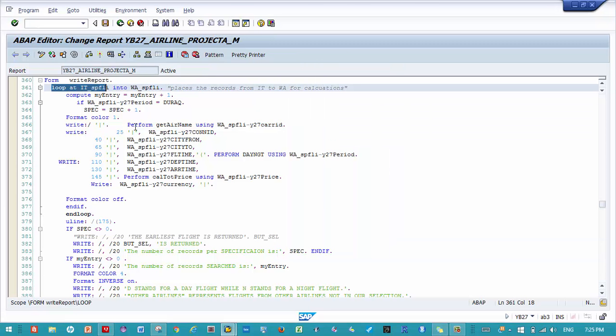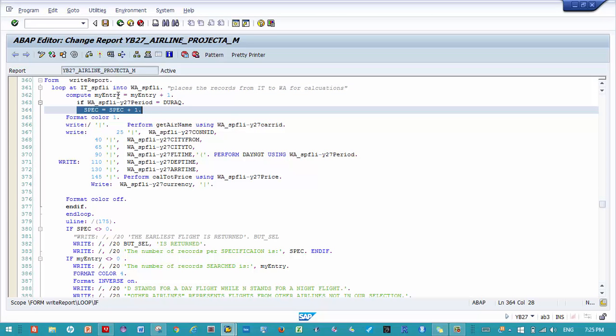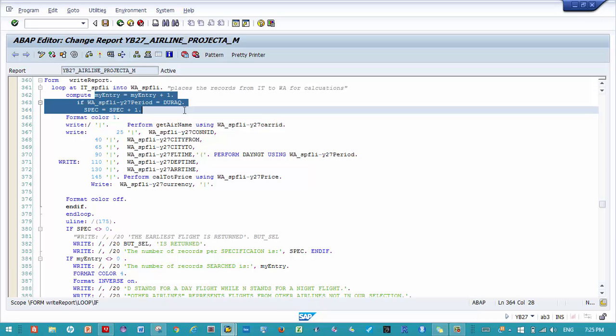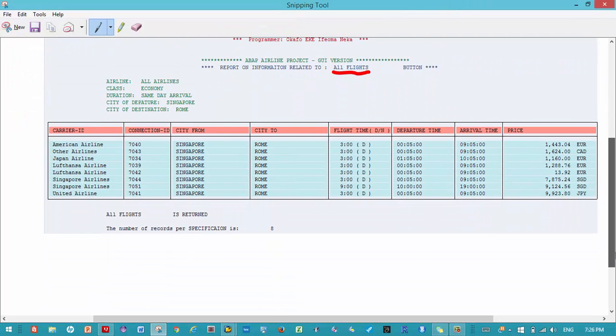So we have collected the data, we have a record set, and then we loop through the record set, writing each item and counting as we go along. That's all she wrote. I have maintained two counters because you would notice that on the screen you have daytime and you also have nighttime. So assuming that our report shows all cities, then all flights, the first counter will maintain a record of all the flights in the record set, and the second counter will maintain a record of all those that met